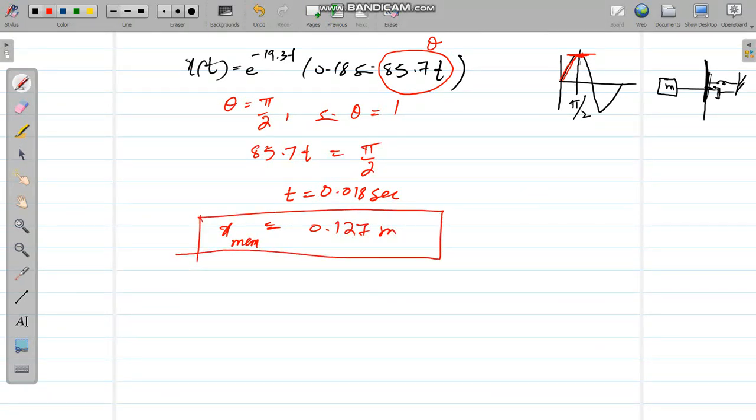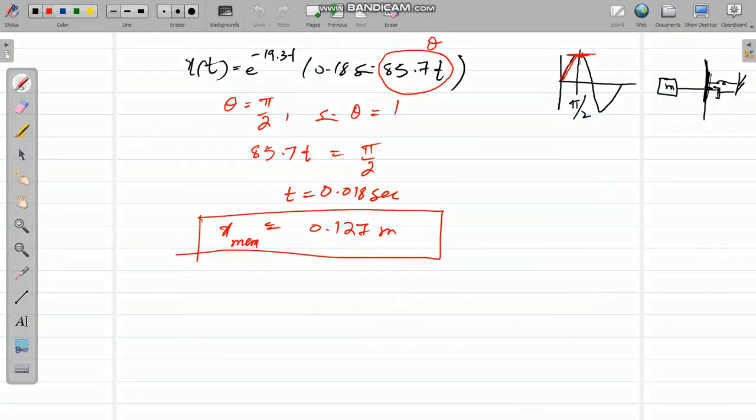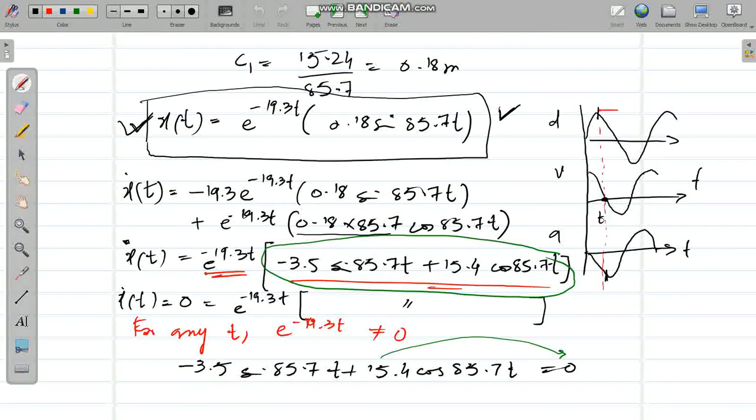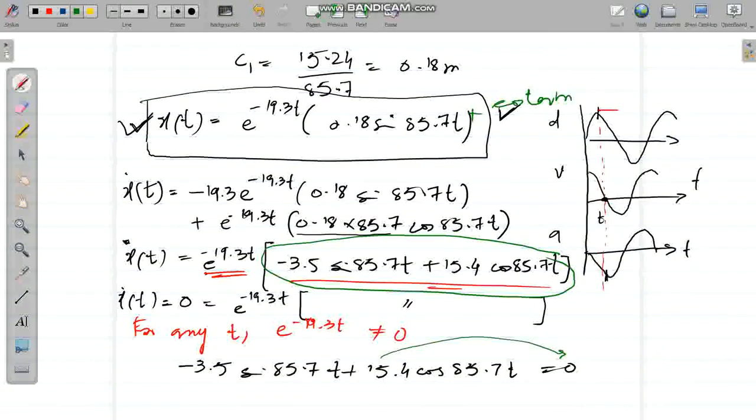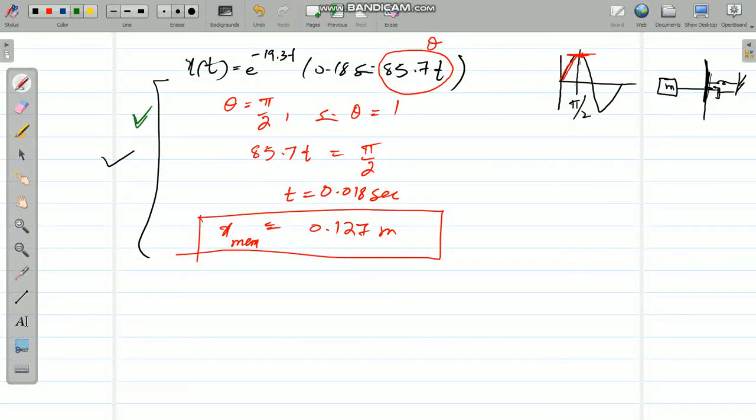Now you will see this method is quite easy as we have done with the previous system, but this is tricky. Why? Because if you have two initial conditions, then you have another term, a cos term here, and then you cannot use the second method. I am again repeating, if you have two initial conditions, that is the displacement as well as velocity, you cannot use the second method which I explained. This can only be used